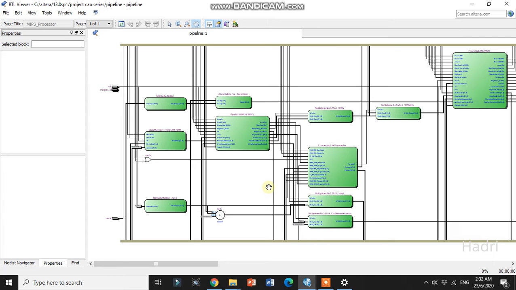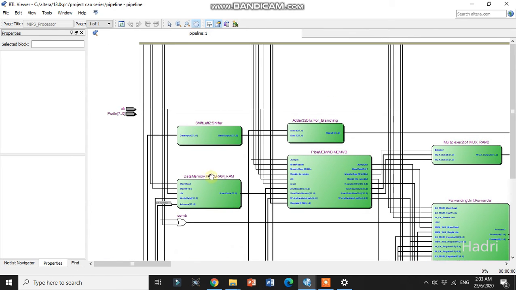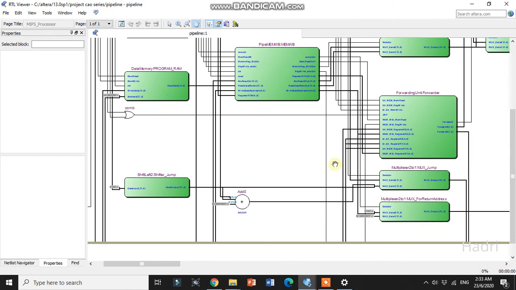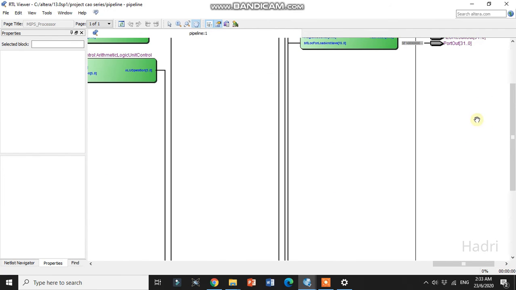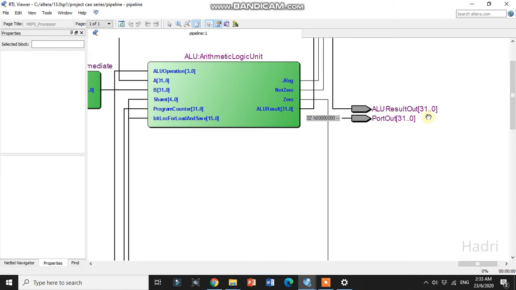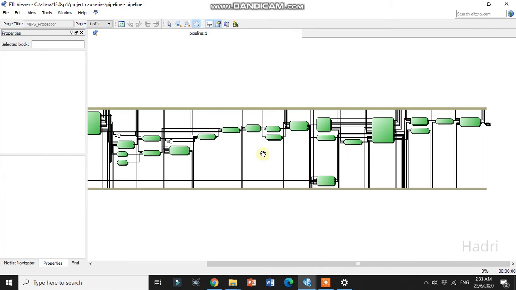So we can see initially at the beginning there is clock and port P in, where 7 to 0 means 8 bit. And also we can see at the output where P out is 31 to 0, which means 32 bit. So as I explained just now,